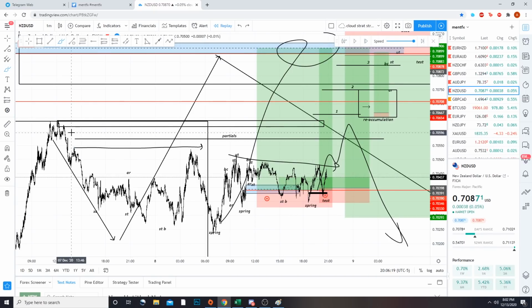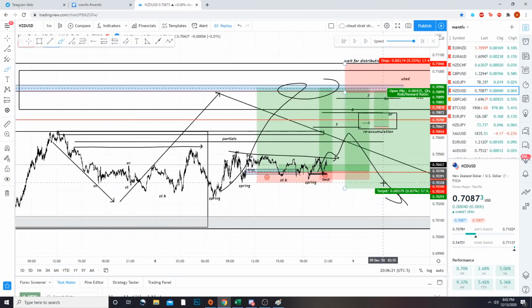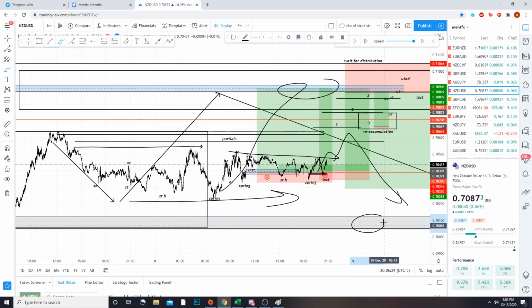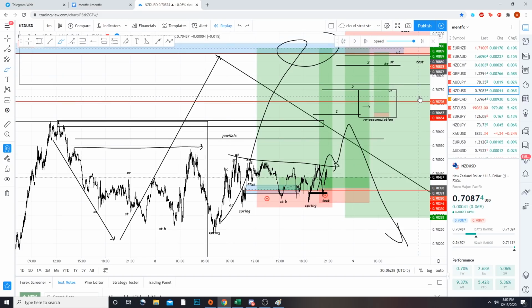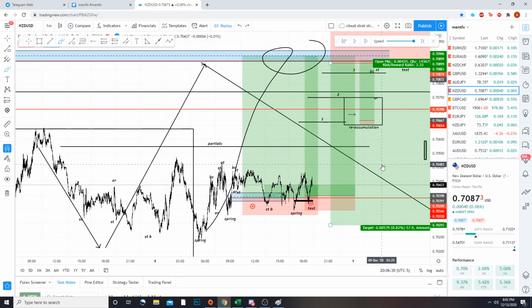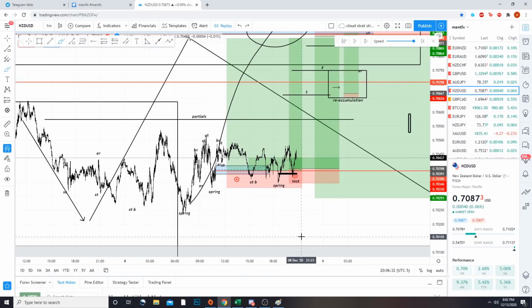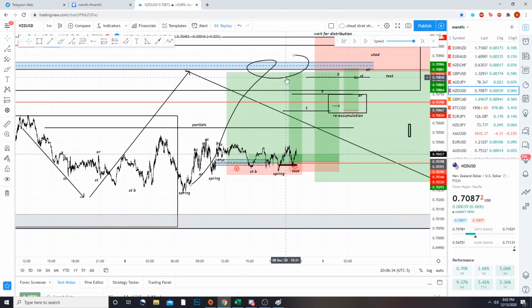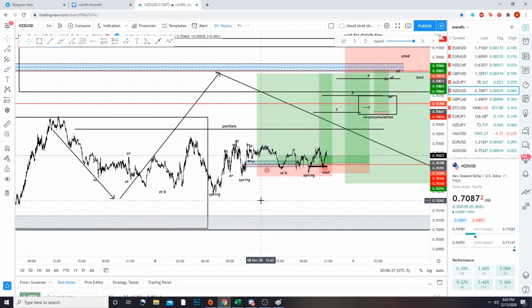The trade can just as easily play out to this distribution, take off downwards, take out the liquidity here, fill in an order block below, and then continue to these higher areas, right? So what we do is we recognize that and partial at areas that make sense, okay? And just because you don't have an account that has $100,000 on it or you can't risk $2,000, $1,000, $500 a trade does not mean that you should not be partialing, right?